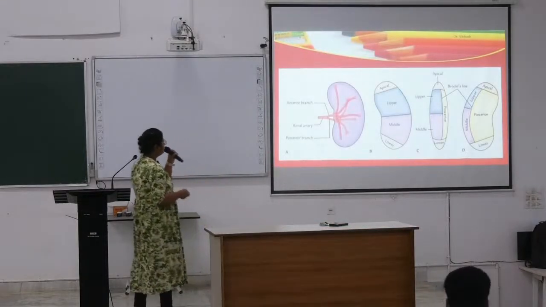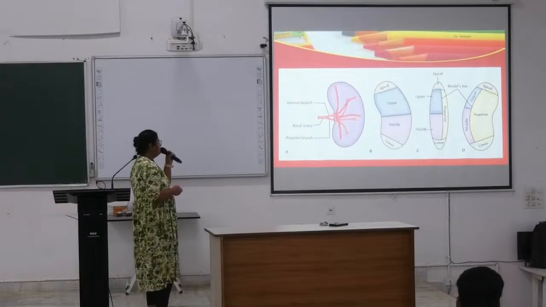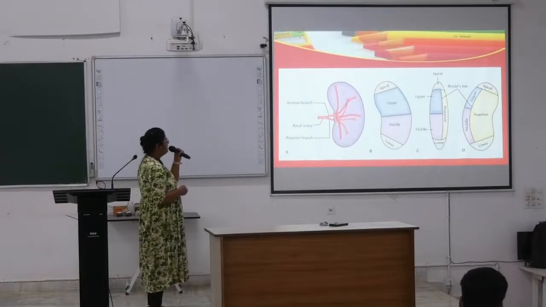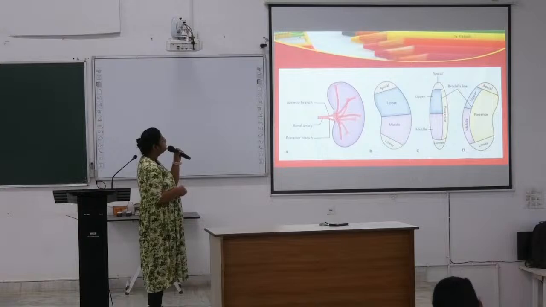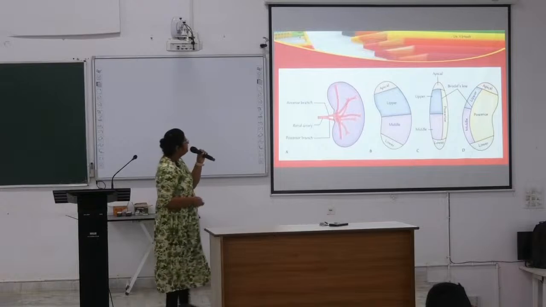So these are the segments. See, this renal artery divides into anterior and posterior branch. Anterior branch dividing into 4 segmental arteries, apical, upper, middle and lower. This is anterior view, here is the posterior view, posterior segment. So this is lateral view, apical, upper, middle, lower, posterior. These are the 5 segments of the kidney. Okay. Next,